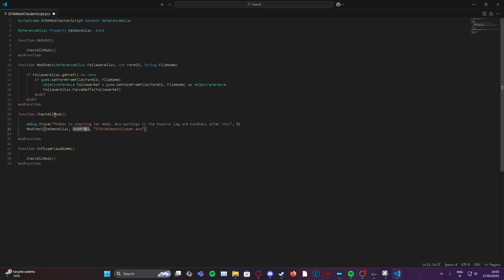But now to the CheckAllMods function. So we added a bit where we started with a debug trace, just telling people that whenever this will have any warnings in the papyrus log, they are harmless. They just need to be there for it to check it. And then the ModCheck itself, you can see the function name here. And this is the alias name that we can also see here, FollowerAlias. Then this is the form ID, which is an internal value. We don't need to know what that means anyway. And then the file name itself, so